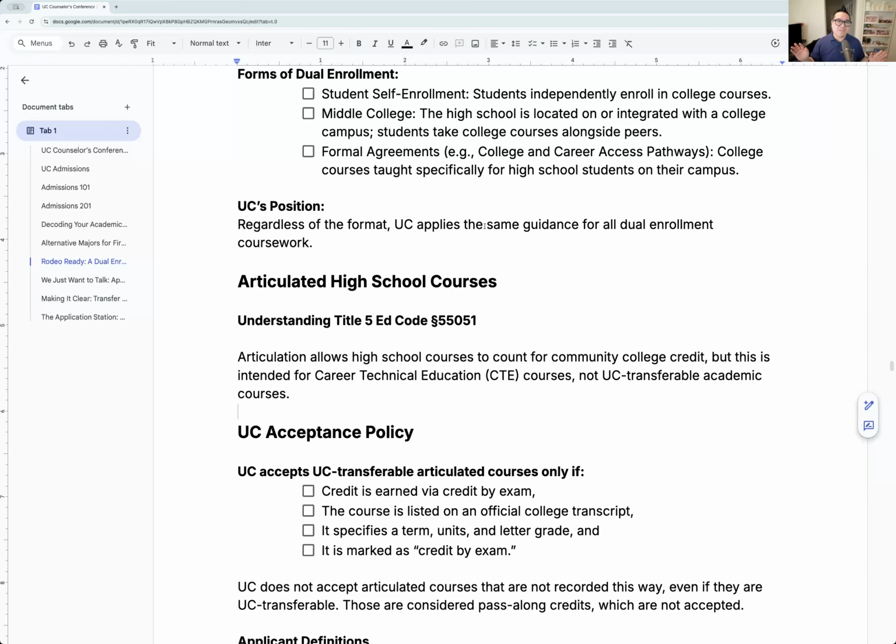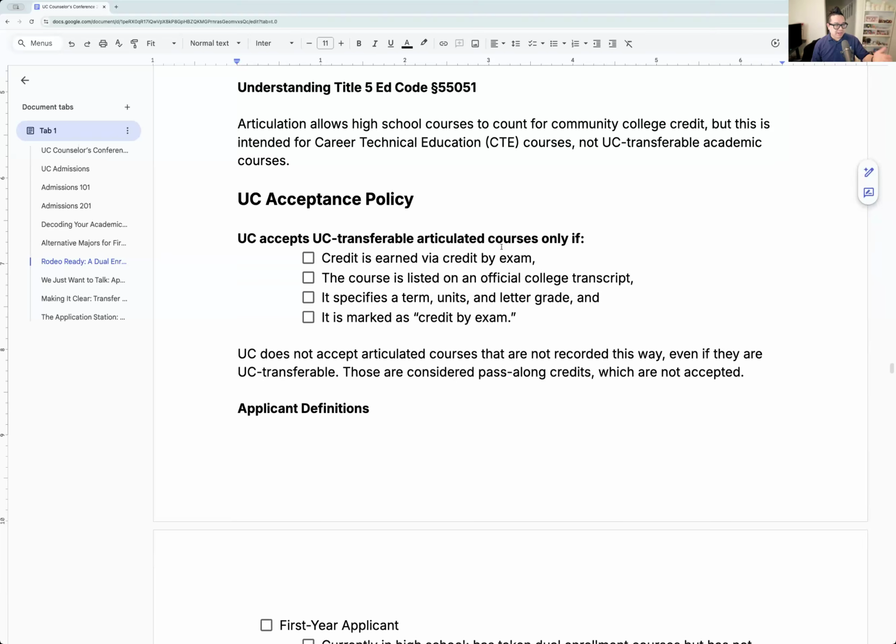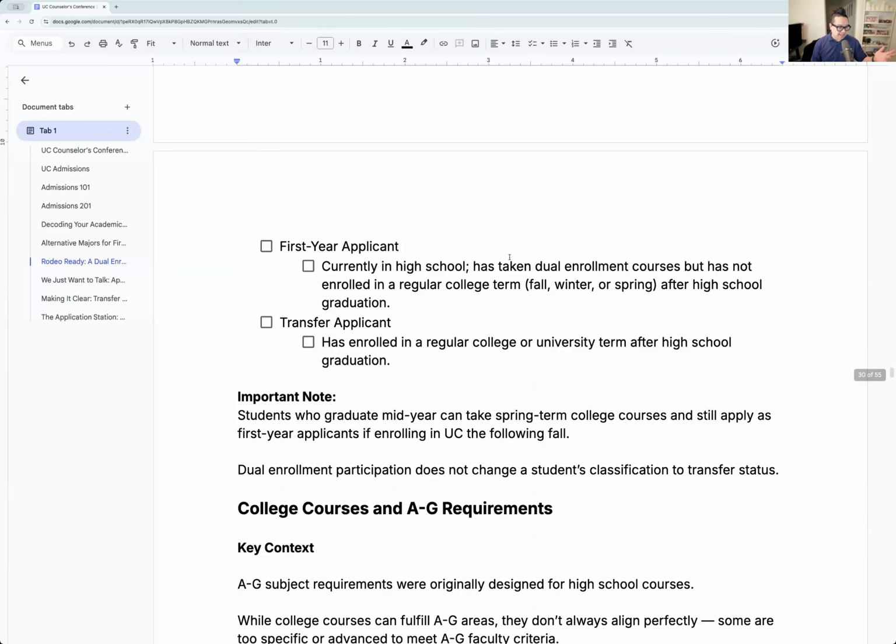We have kids from not all 50, but 40-something states. All of our students are in dual enrollment. So that's the one central thread for all our students. So definitely you could find your equivalent at your school as well. So there are the different classes.